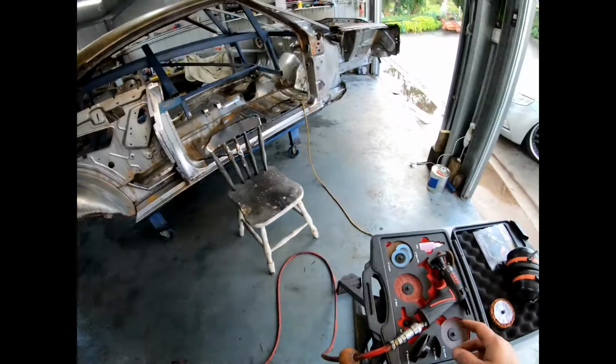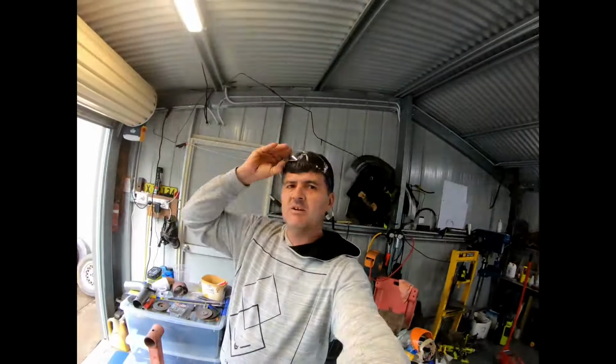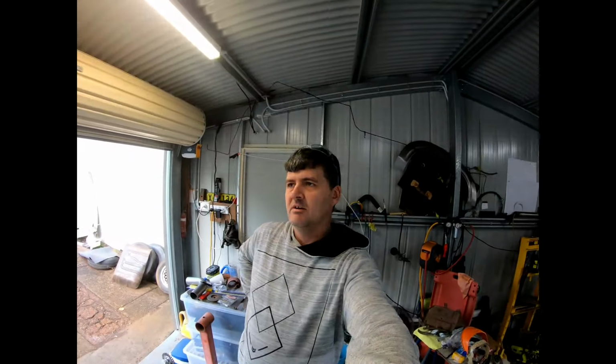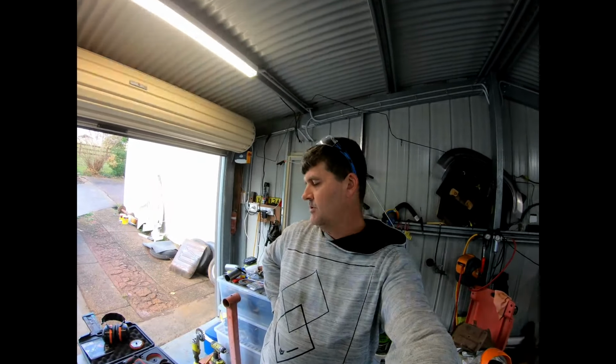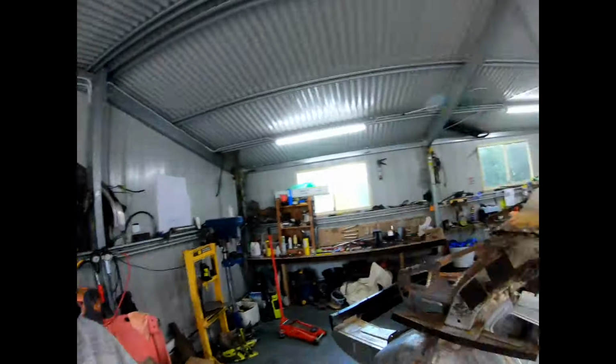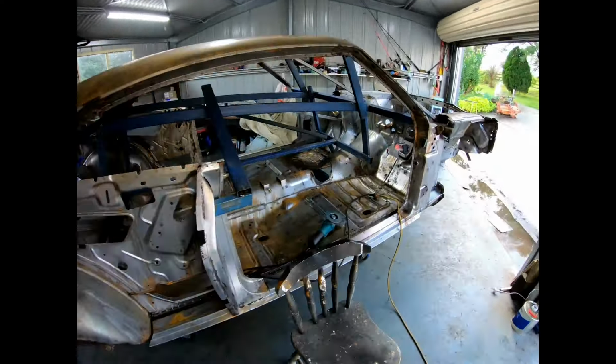Once I get the new air compressor, and I've ordered this special strap to go on my head, I can use the GoPro 7, and I can do more footage of doing stuff on the car. It's really hard at the moment trying to hold it at the same time, but so what I'll do now,